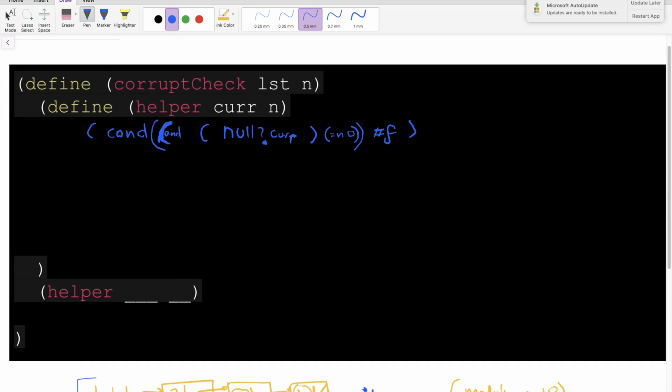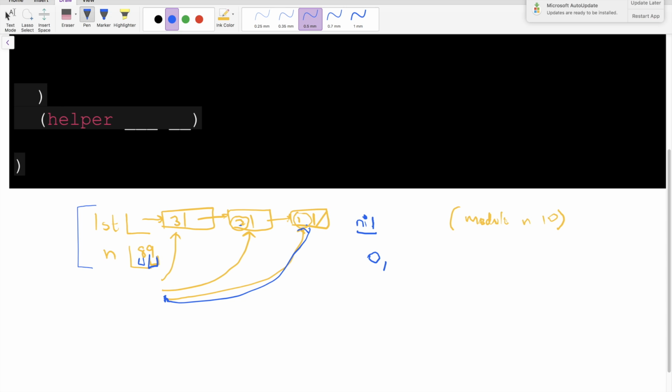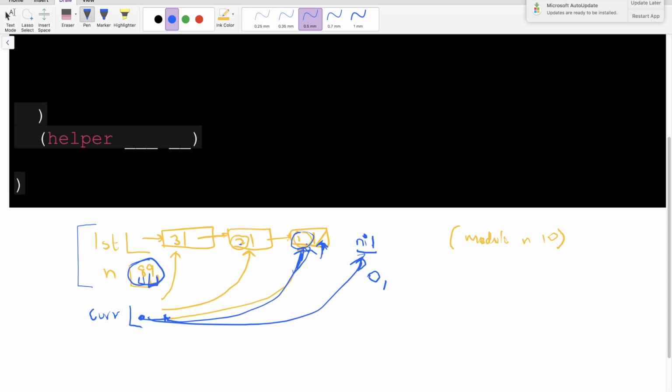The reason I'm checking if n is equal to 0 is because I might have something like this, right? I might have current over here, and let's say current has reached the end, so the last node. And let's say n is 89, and 9 is not equal to 1, right? So at this point, current will change to nil, right? So I'll change my pointer to nil, like the end of the list, basically, the rest. So current will change to nil, and n will still be 89, but I shouldn't terminate my code here, because